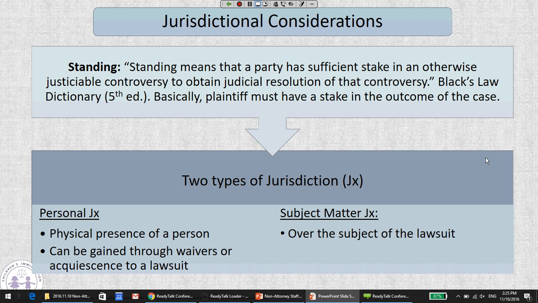Now, jurisdiction, you see at the bottom there, and there are two types of jurisdiction: personal and subject matter. Personal jurisdiction is the power of a court over the person of the defendant, over the physical body of the defendant, right? The idea here is, would it be fair for a court to make a ruling against this person? If you've lived your entire life in Texas, never left the state, for example, and someone's visiting from